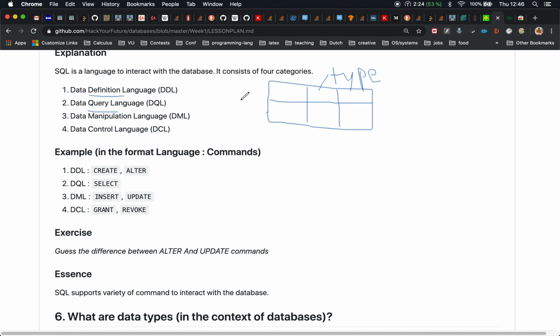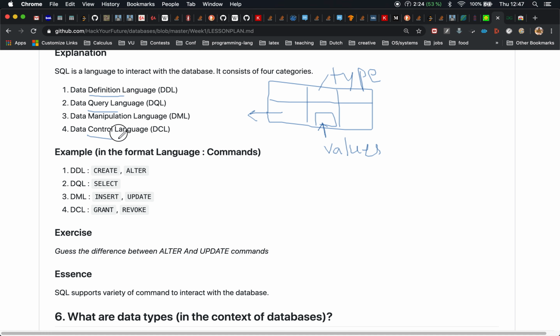Data query language defines how you extract the data from the structure that is already created with the data definition language. Data manipulation language defines how to manipulate the data, and it concerns with values of data as opposed to the structure.